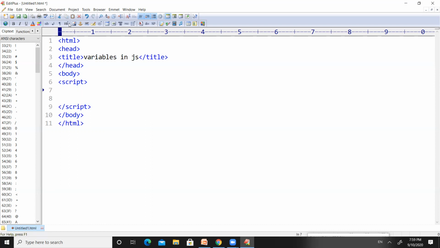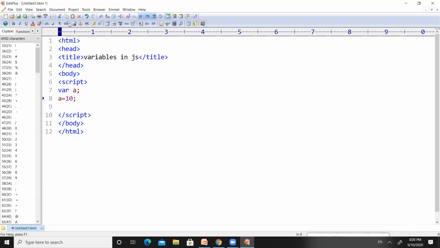So inside the script tag, we have studied earlier in JavaScript, if we want to define a variable, we can define it by using var keyword, and we can use a name for that variable. For example, a is the name of the variable, right? And at the same time, we can assign some values to that variable.